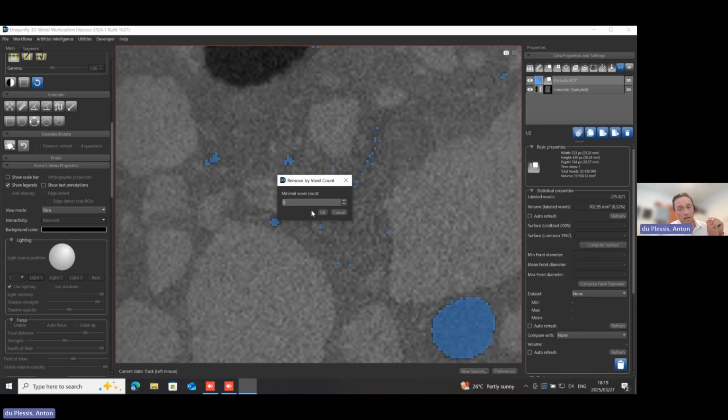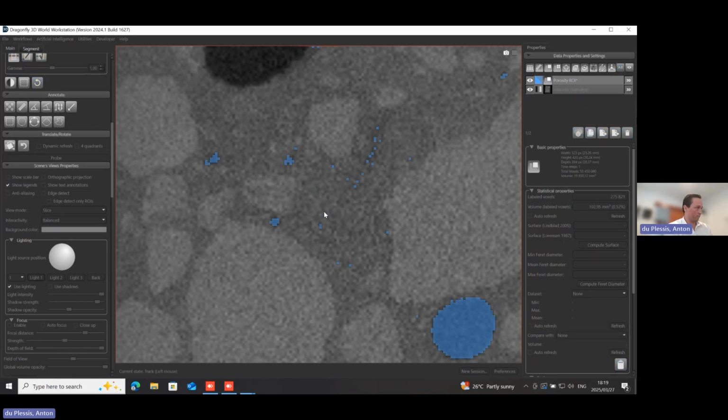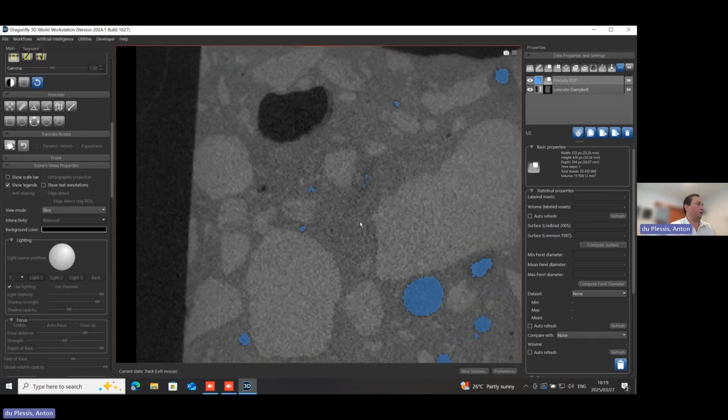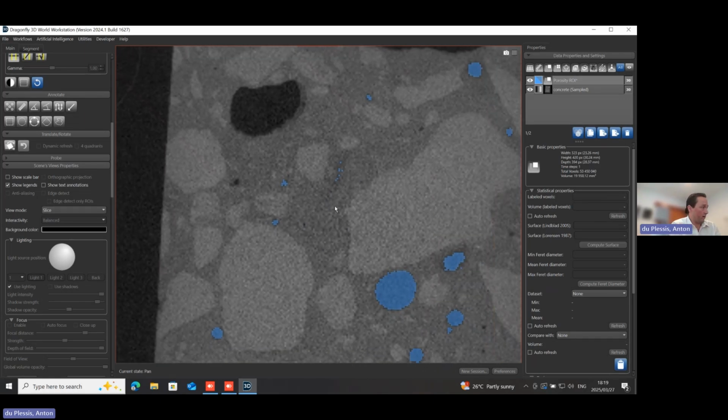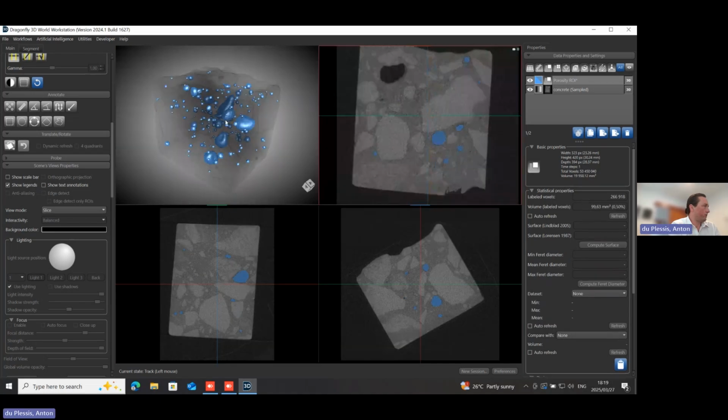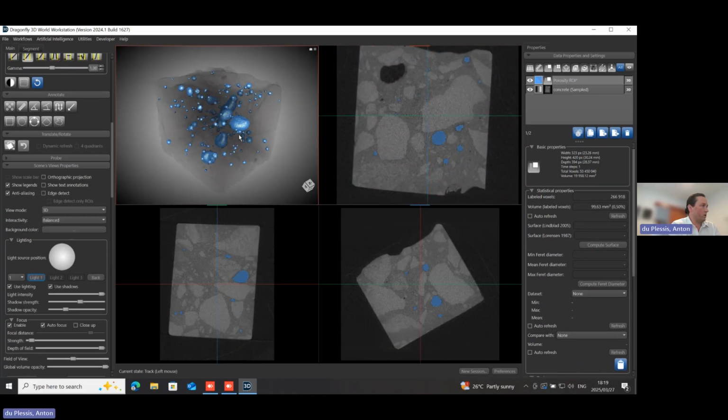Here with porosity analysis, it's typical to remove anything less than 3 voxels in one direction. So 3 times 3 times 3 in 3 dimensions is 27. In order to be confident in our porosity that we are not getting false positives, we can remove everything less than 3 by 3 by 3. You can select a different value depending on your image quality, but there we see that we have now removed that noise. And in 3D, we also see it's a less cluttered image.